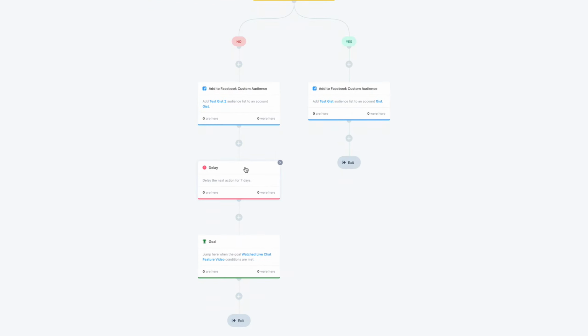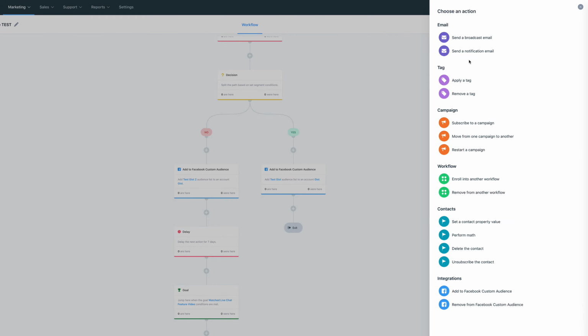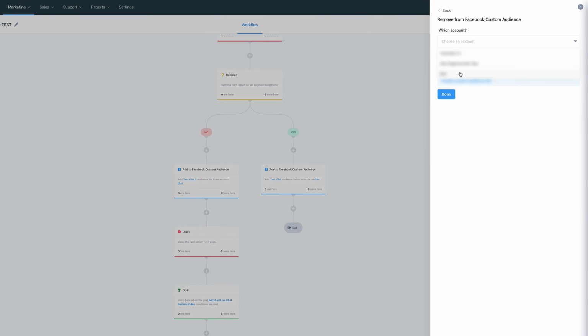So here we go. They have not watched the video. They're added to an audience that shows them that video on their Facebook account. We wait 7 days, and then we ask if they achieve a goal. So when they actually hit the goal or not, we're going to move them. This is the great thing. You can remove from the Facebook audience that they're currently in, which is test Gist 2,